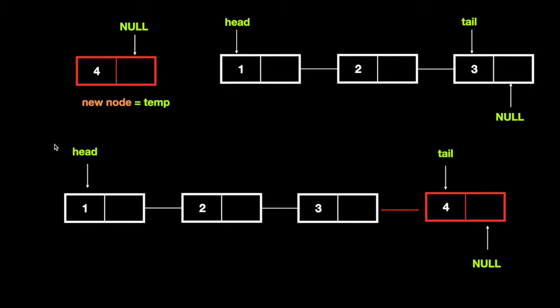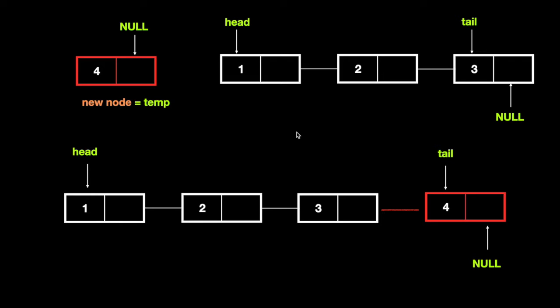Here you can see how the list will look after we insert this at the end. The tail initially was pointing to 3. After we insert it, it will point to 4, and it will no longer have the null, because the next of this node will be the new node that is created. So we'll link this node, and the null has to be the new node. The new node will carry the null value at the end because we don't have any node after that. So this is how we are going to do it.